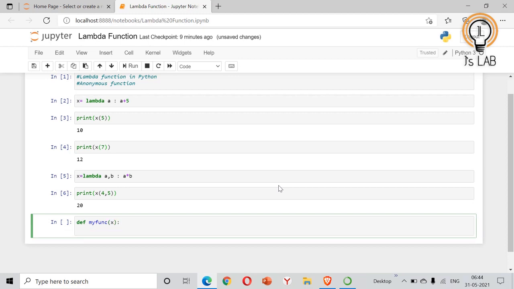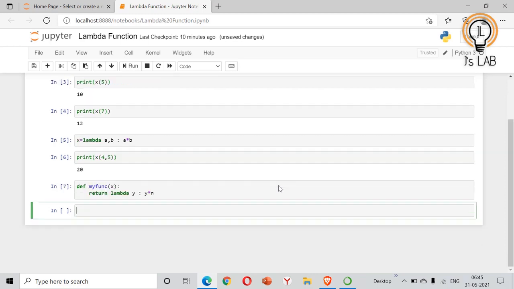Then inside that we will provide the lambda function, with the argument y and the expression y into n. So we have defined a function called my function with argument x and a lambda with argument y. Okay, so we have created the function.